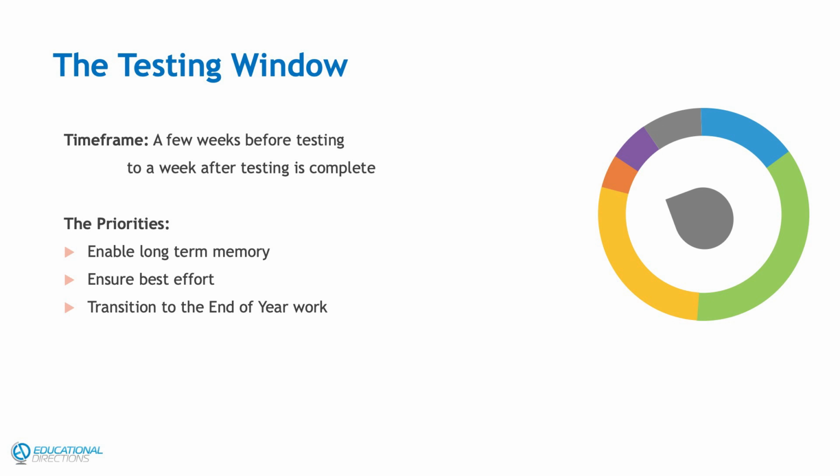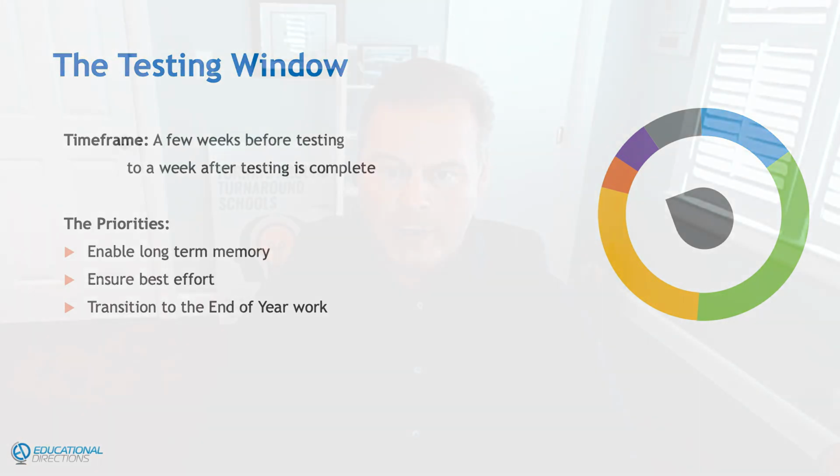We're going to be enabling long-term memory. We have quite a few processes that we use to make sure that they can go back and remember: cumulative visuals, hooks that we give them to go back, discussions that we have talking about something that may have happened back when a certain thing was taught. We're going to give them all the tips and tricks that we can to make sure that all of that memory is retrievable memory.